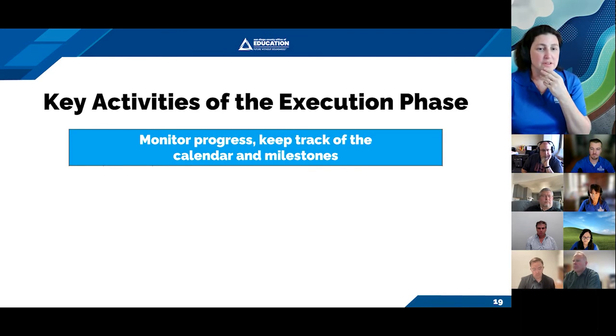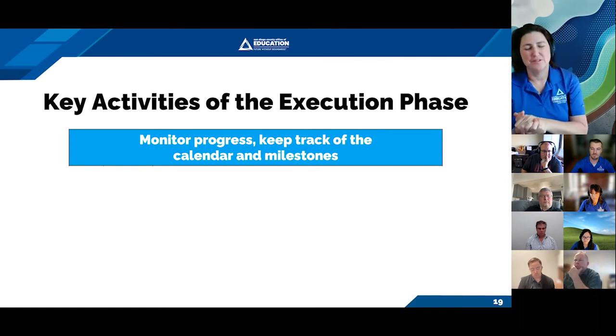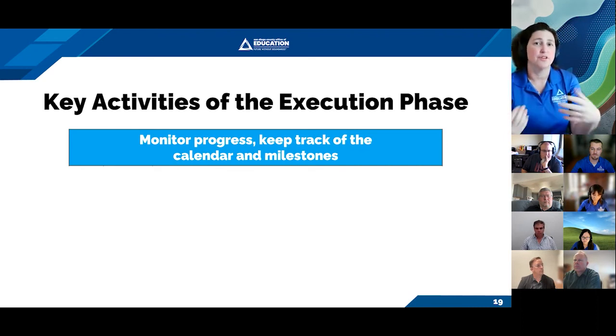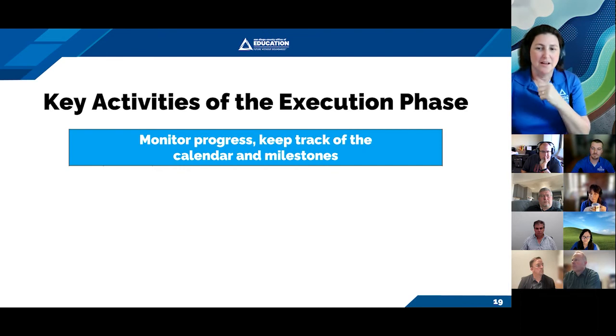So the next thing we want to do is check in with our team members as needed. Part of it's, yes, making sure that their tasks are completed on time, but it's really more about establishing that rapport and that relationship with your team, making sure there's no roadblocks and keeping those lines of communication open. So if something comes up, we want our project team members to feel comfortable coming and telling us. Our team members are the ones who are getting the work done. So we want to make sure that we're treating them with respect and giving them everything they need to be successful for our project. So, again, monitoring the project plan and checking in with those team members is really critical to keeping our project on track.